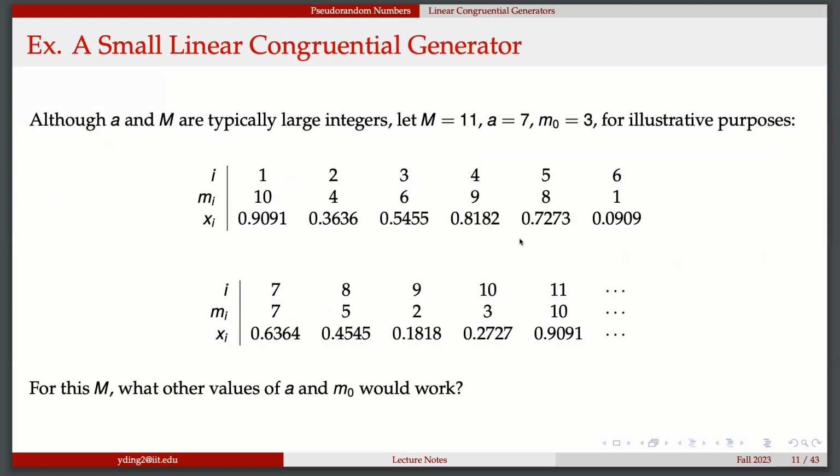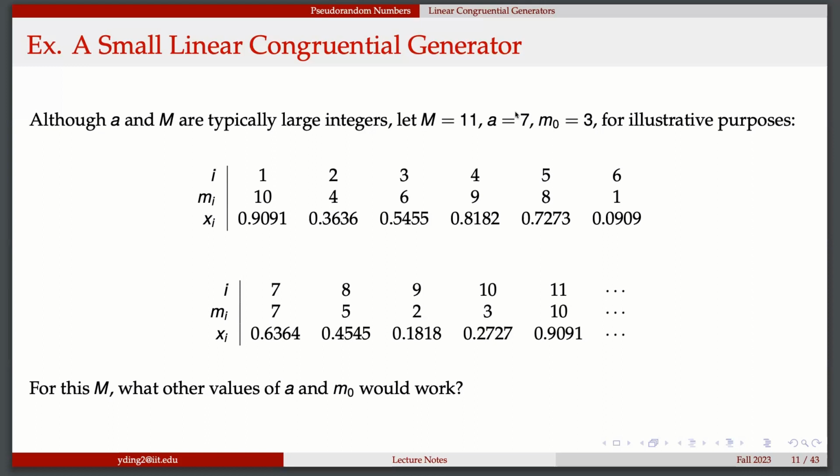So we see this case. Last time we already introduced this one, right? Because we choose m naught as 3, we try to get m1. How can we get this? Because 8 times m naught is 24, modulo 11 is 2. So we get this one, and then how do we get xi? It's that number over 11. And then we can keep doing this, and this will be a cycle. At some point, it will finally come back. But of course, this one is good because it can reach all the numbers. So why do we want to have the primitive root? Because we want to avoid the case where, say at 4, you already come back to the original number. That's not a good one.